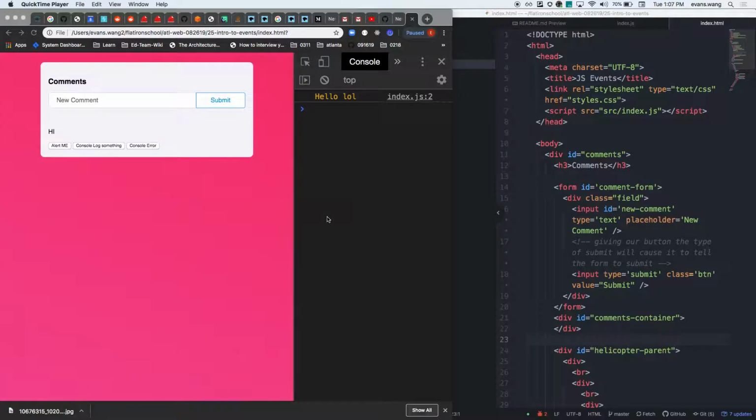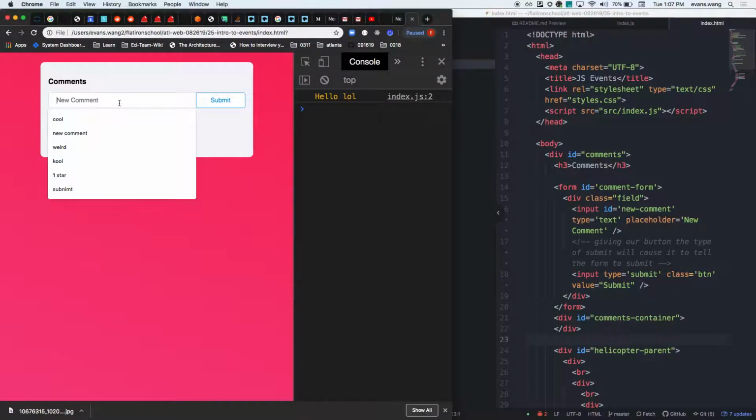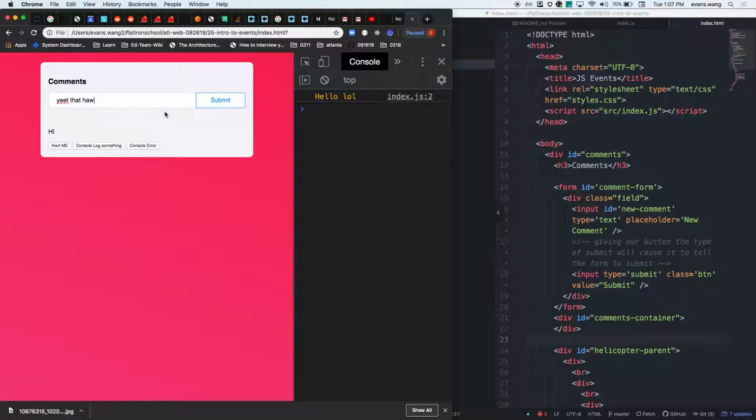is the fact that if we add something in the comments, like let's yeet that haw, and I hit submit, what I really want to happen is the comment sort of literally get added to that comment box. So instead of just hi, it can say anything that I want it to say. And the reason it's important that it's JavaScript is because I cannot and should not be hard coding these values into my HTML. Right? I have to take some sort of user input, take that input, and then slap it